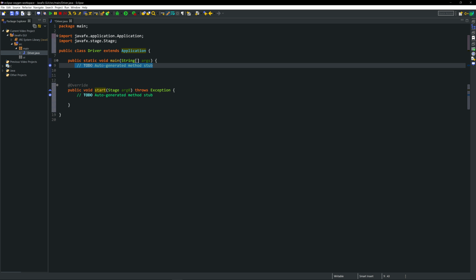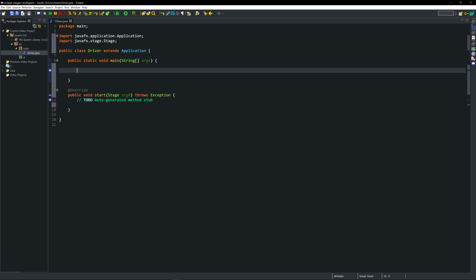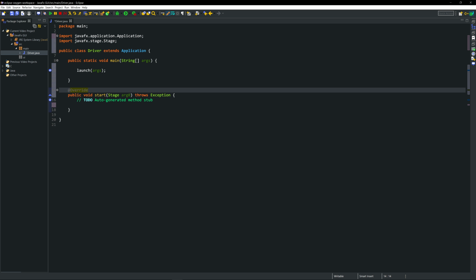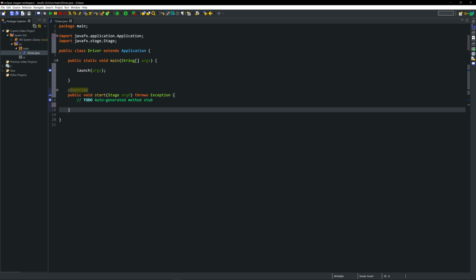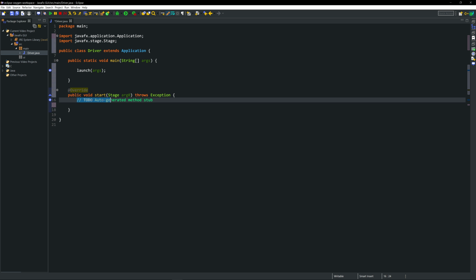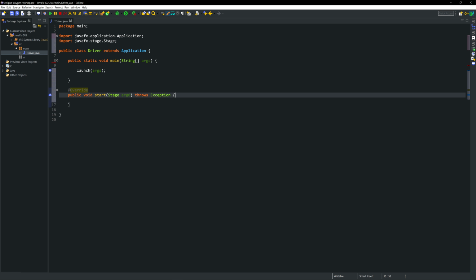And the only thing in the actual main function is just going to be launch and pass any command line arguments. Now, under start, I'm going to do several things, but I'm not going to do that just yet. Before I get to that part, I'm going to set up one of the other classes